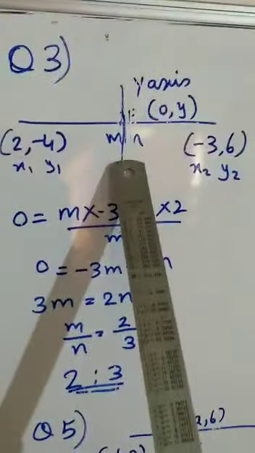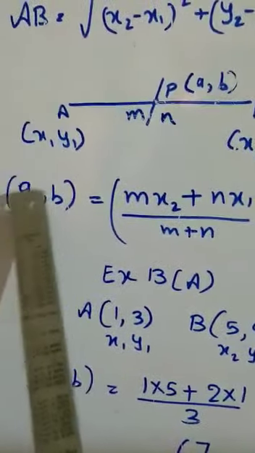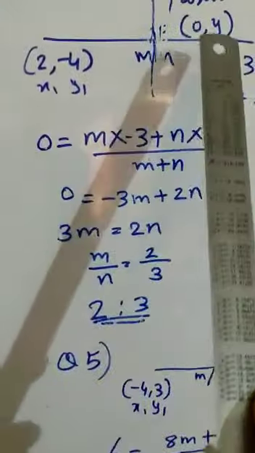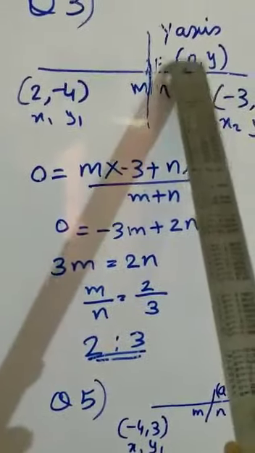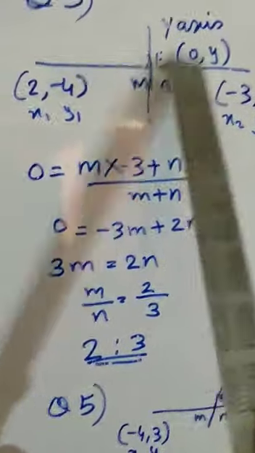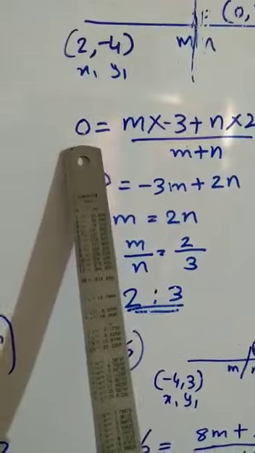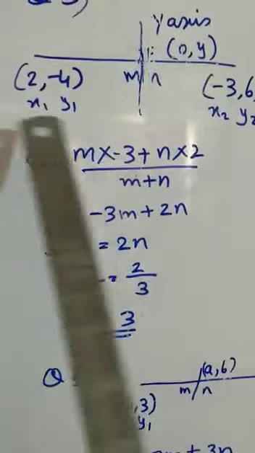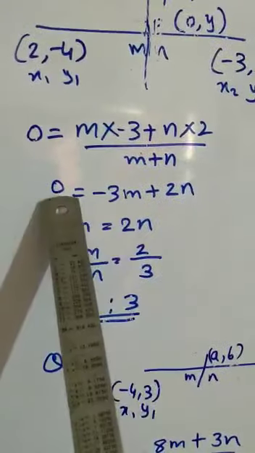So now we have to find the ratio. We don't know it, so we are using the same formula. In this case, we know these two points now, but we don't know M and N. So use the formula. Here you have to see 0 and y. I can't use y to find M and N; I need a number, so I have to take x. x is 0, that means I'm finding a, because in a's place, x place 0 is sitting. So I'm finding a. a is M into x2 plus N into x1 upon M plus N. This cross multiplies, you get a 0.